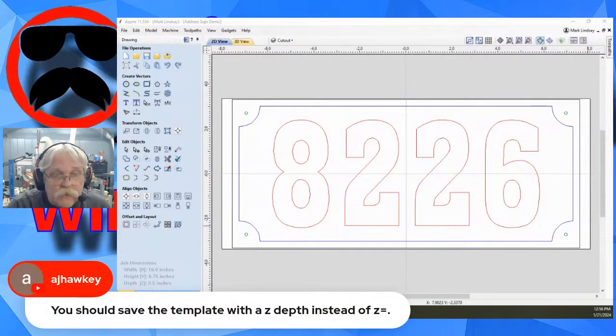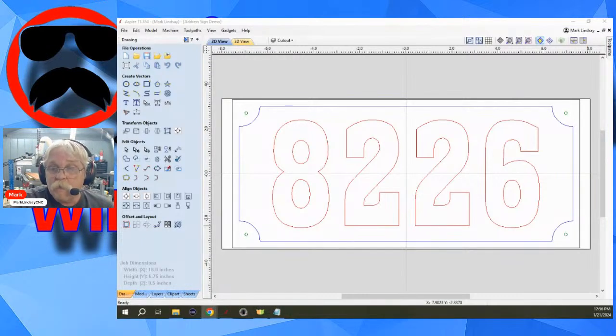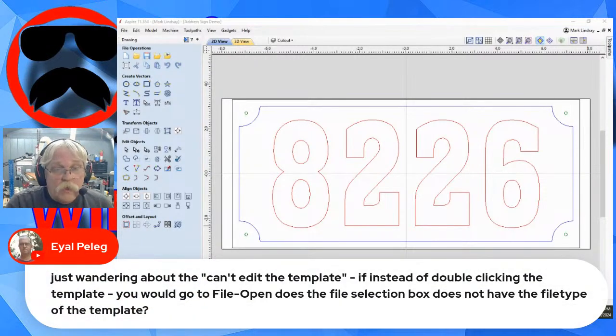AJ says you should save the template with a Z depth instead of Z equals. I just did that. Yes, you're 100% right. Just wondering about the can't edit the template. If instead of double clicking the template, you go to file open, does the file selection box not have the file type of the template? No, it does not. The only, just to finish answering Ayal here,